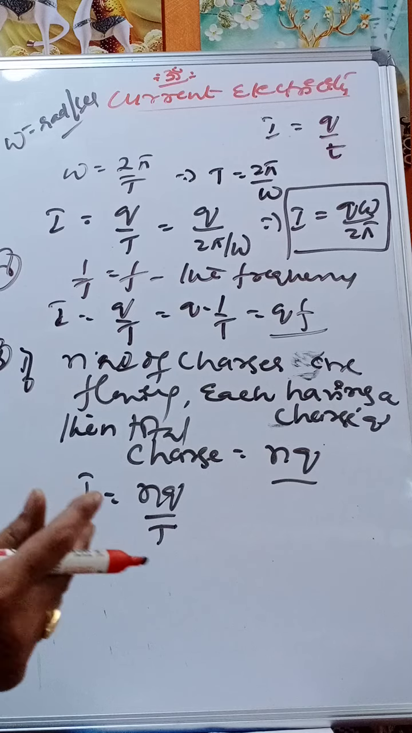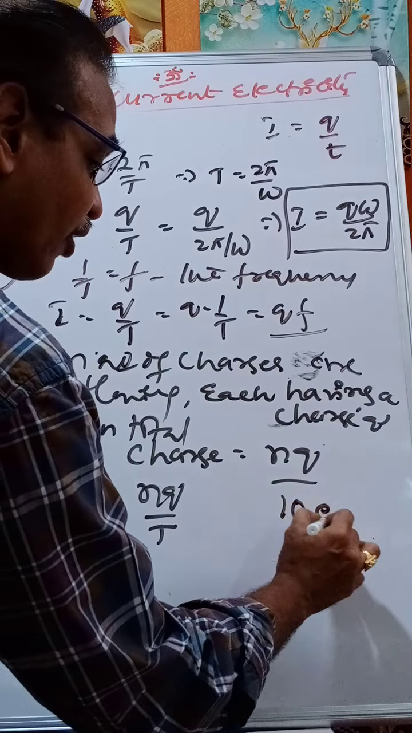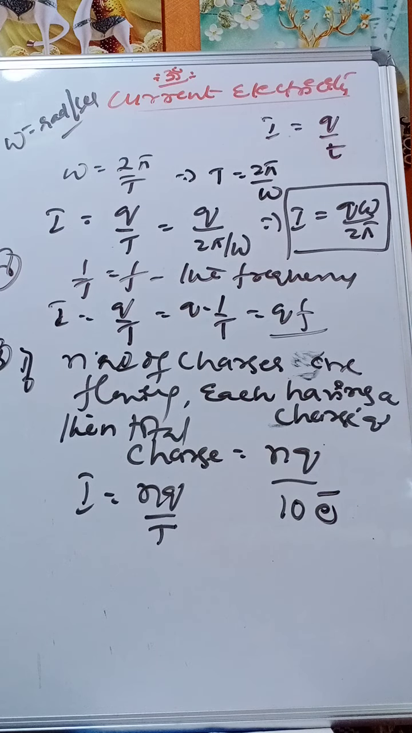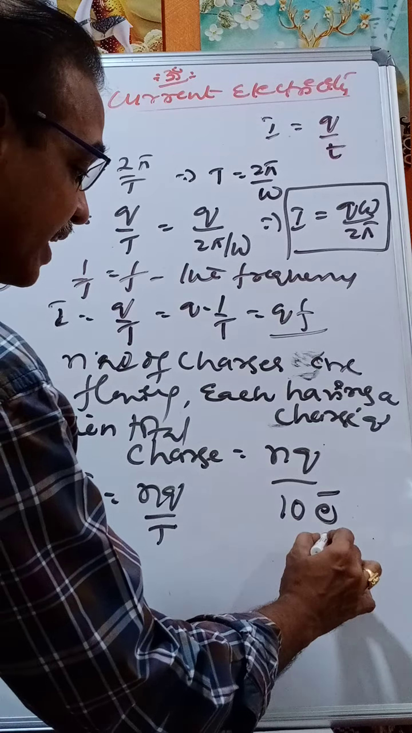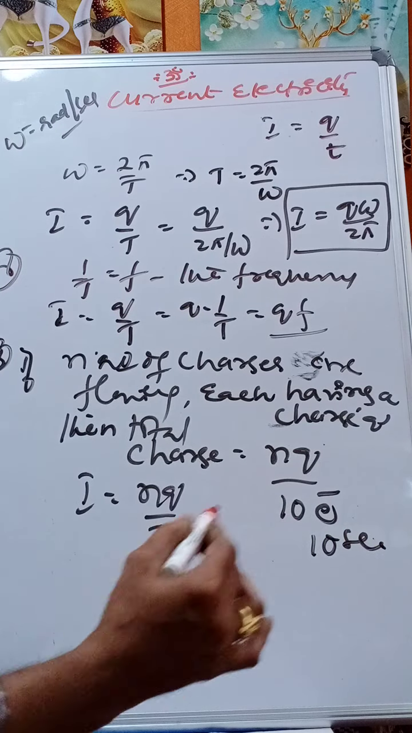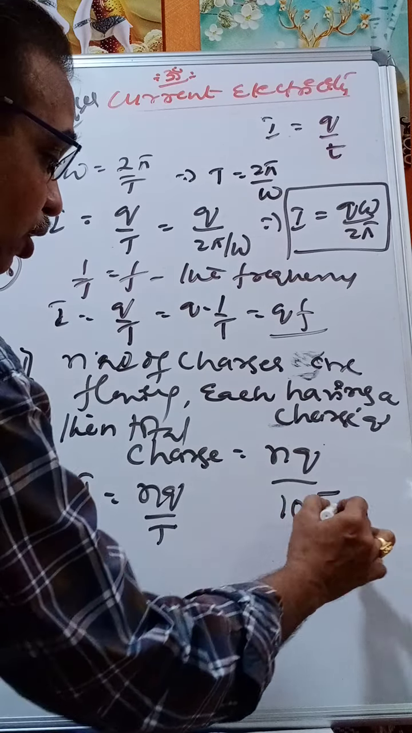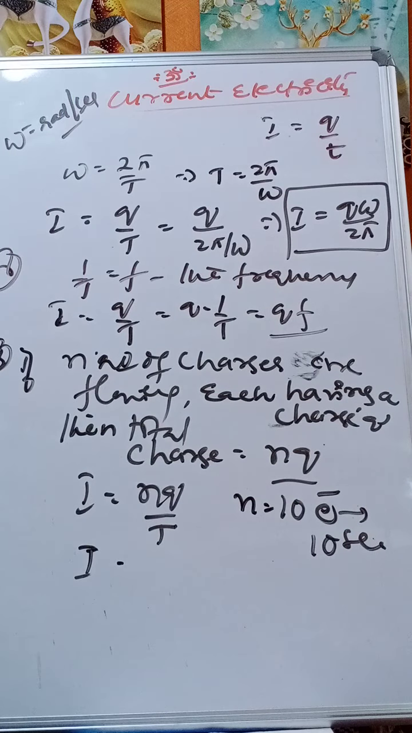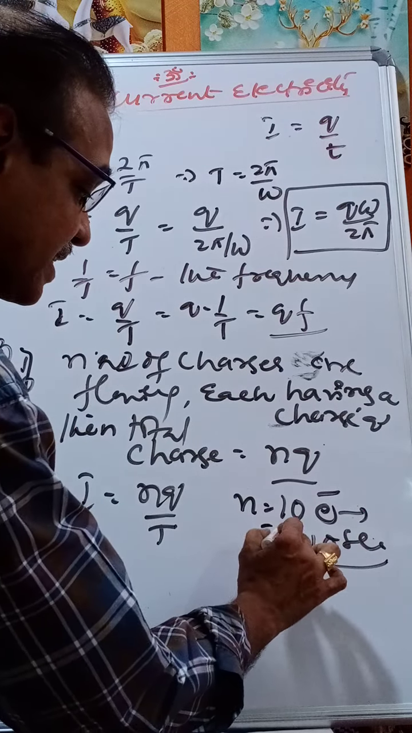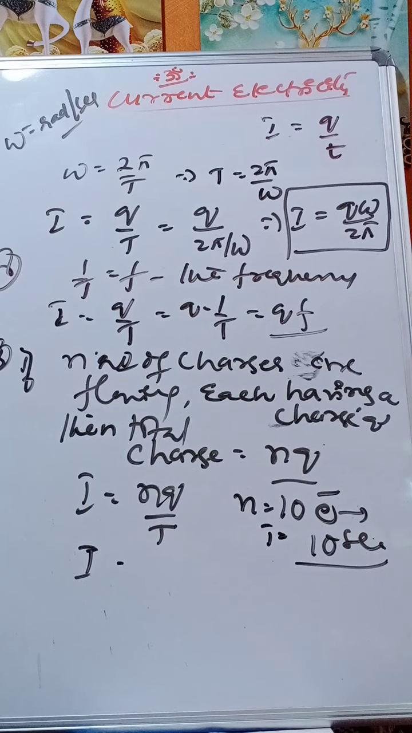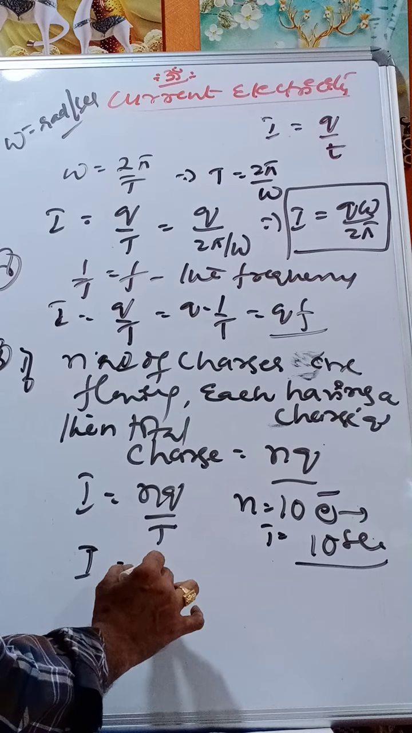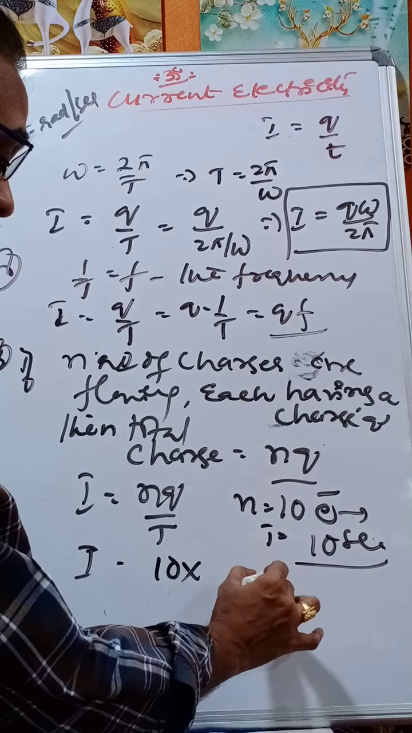If 10 electrons are flowing through a cross section for a time of 10 seconds, then what is the amount of current? I is equal to nq by t. Here n is equal to 10. The charge of an electron is